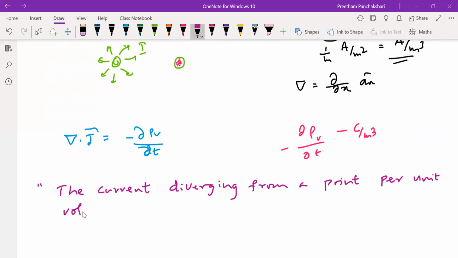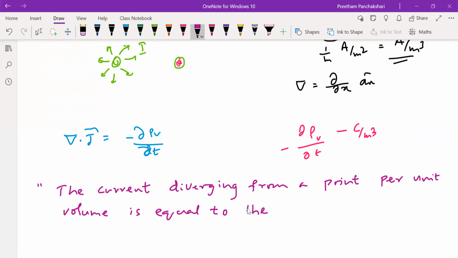You know that this word per unit volume comes from the dimension per meter cube. Current diverging means del dot. Current means the J. The current diverging from a point per unit volume is equal to, that means the current going out of a volume from a point is always equal to